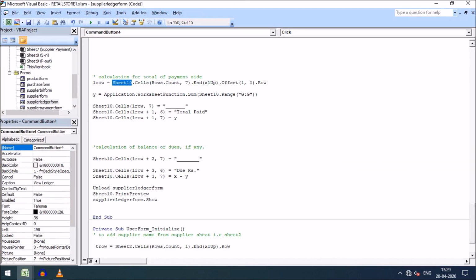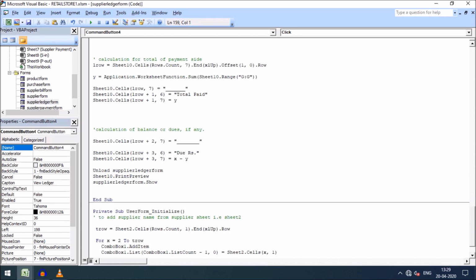So thus friends, I just took the reference of the 7th column, I add dash sign, you can see here in the next blank row, after the total number of records of the 7th column, total number of amounts, I wanted a dash sign, so that it looks like the closing. And in the 6th column I wrote total paid, and in the 7th column I also bring the value of the total sum of the G column, here. You can see this section, that has been assigned to Y. I called the Y here.